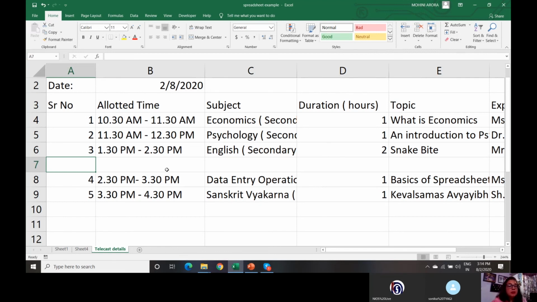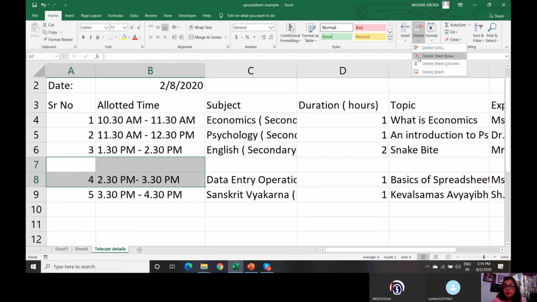So it's not that once you have created a worksheet, you cannot add tables into it, you cannot add columns into it, or you cannot add rows into it. It's a very, very flexible and user-friendly application. You can edit, modify it as many times as you want. Suppose you have added it, and you want to delete a particular row or a particular column. Click on the row or the column that you want to delete. You can even delete multiple rows and multiple columns by selecting. Right? Select the delete option.